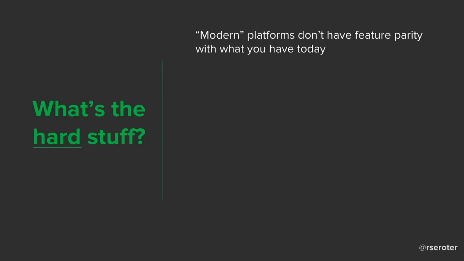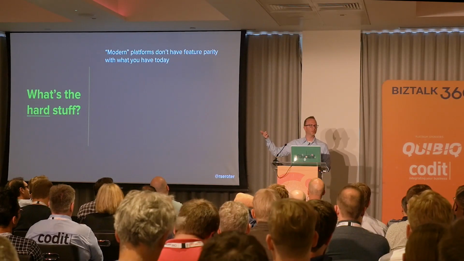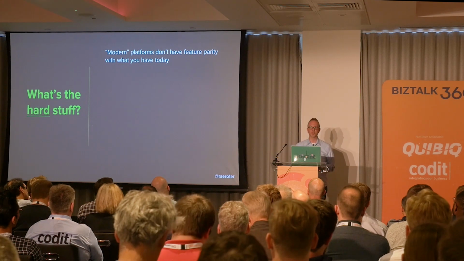They might be getting there, but you might feel like I have to sacrifice a lot to do flat file mapping, or I've got to do all this different weird stuff. So that might be hard. You might actually have a more complicated solution in the cloud temporarily until feature parity catches up.